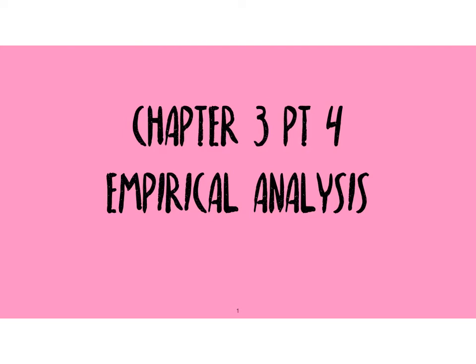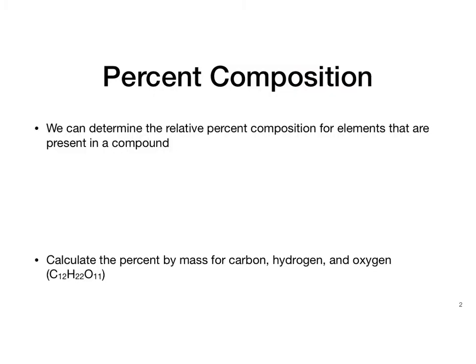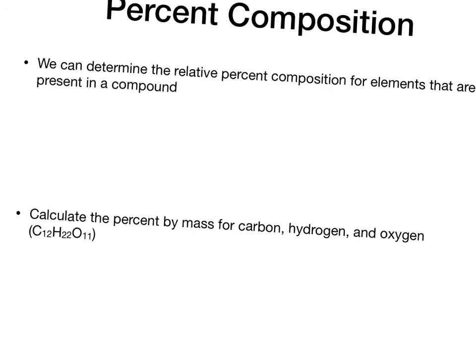In Chapter 3, Part 4, we're going to think about the empirical analysis. So we want to start to think about how can we determine the molecular formula from data we could collect in the lab. So the first thing we're going to think about is percent composition. So percent composition can be calculated